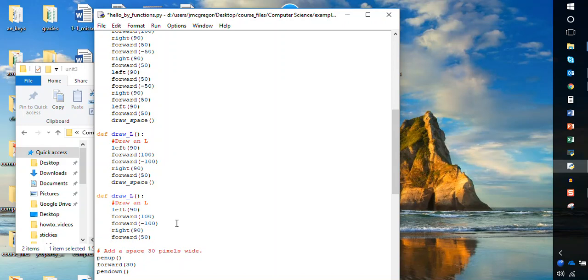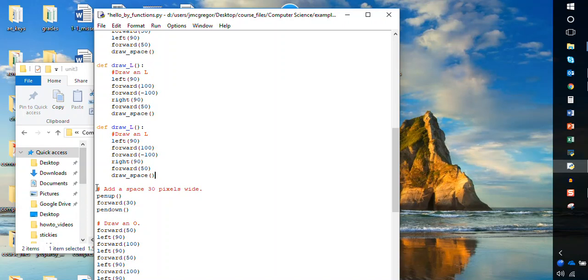My computer already has that draw space copied and pasted in, so I can just Control V. And then get rid of the extra stuff here. You can see that it actually gets rid of quite a bit of excess code that we had in there. Okay, then I need to go ahead, and we're not done yet, but this is the last function that I have to define. Define draw O,